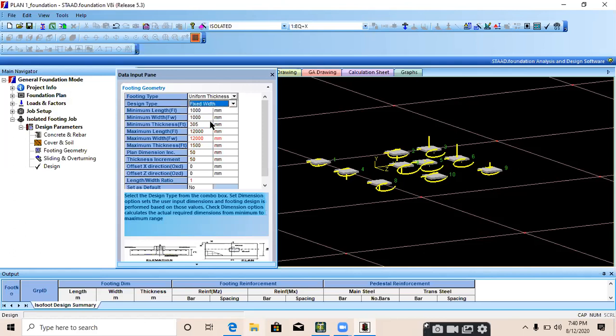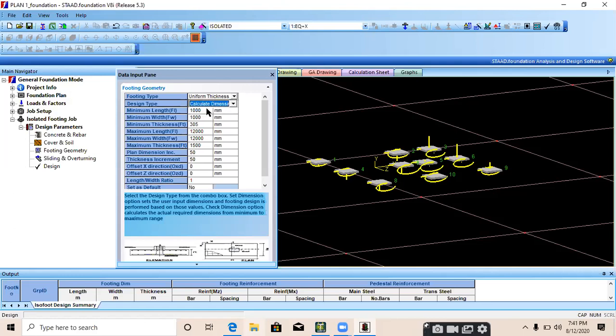What is fixed width? Where we fix the width. If you are providing a minimum width as 2000 mm, 2500 mm or 3000 mm, it will just calculate the length for that and provide you that particular data only. If you are providing 3000 mm as a minimum width, it will show you in the result 3000 mm only, because the width is fixed. We fixed it. In fixed length, we fix the length. Whichever length you provide in the minimum data, it will show you that data only.